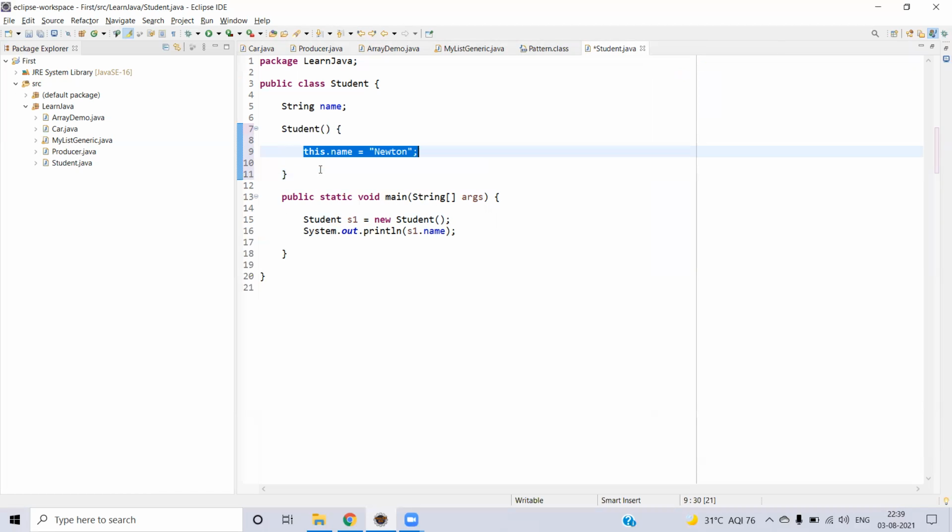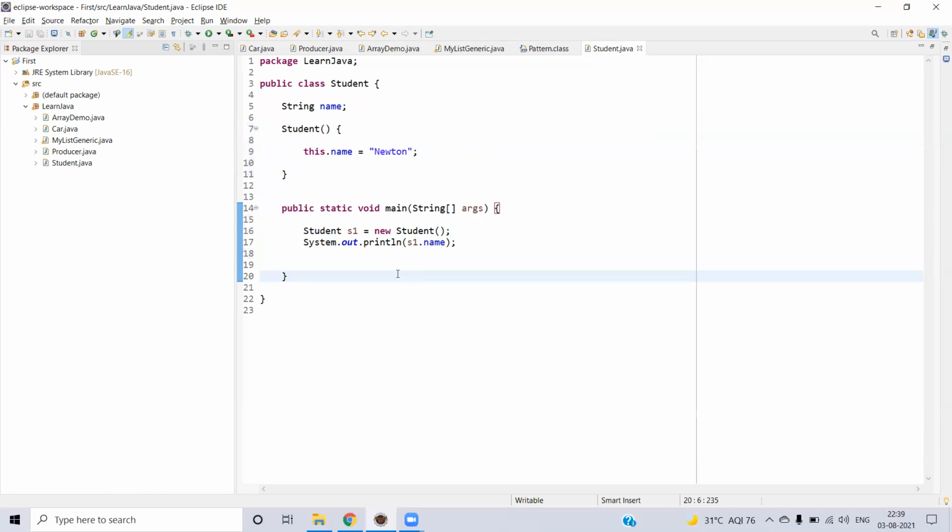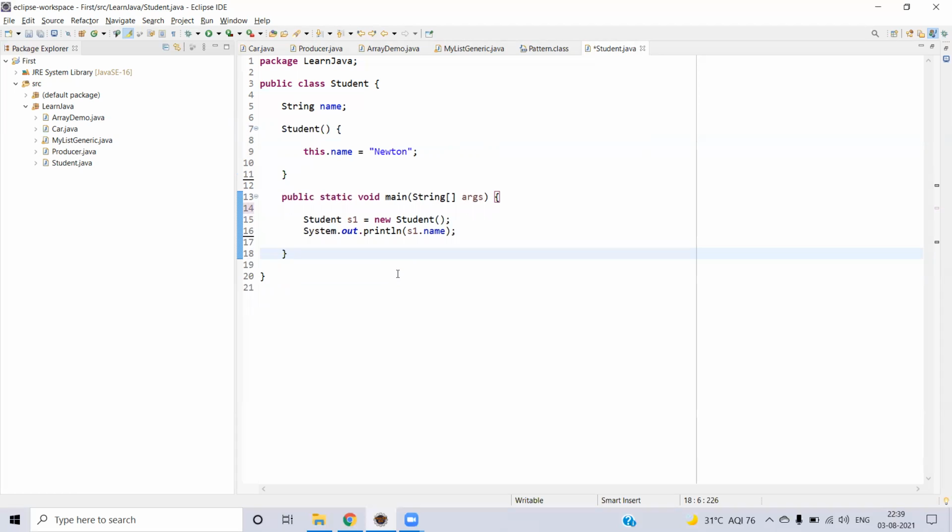But let's consider I'm having this one. So I have my own implementation for the constructor, and this.name is equal to Newton. Now you might wonder what is this.name, and we have seen in line number 15 we are using the keyword new, and we are calling the constructor function. So here, a little bit confusing. To understand more, we will go to the analogy again.